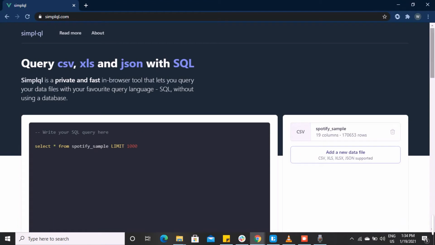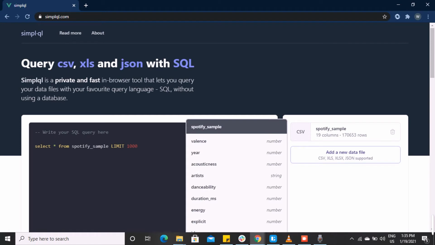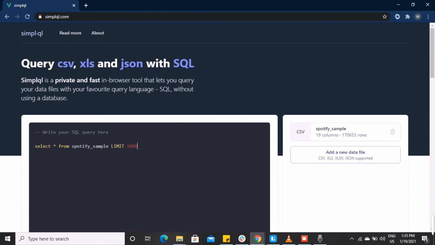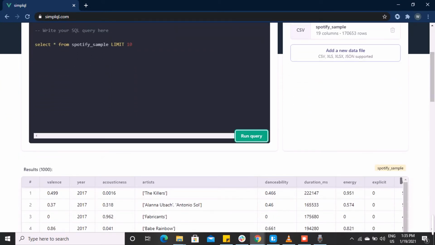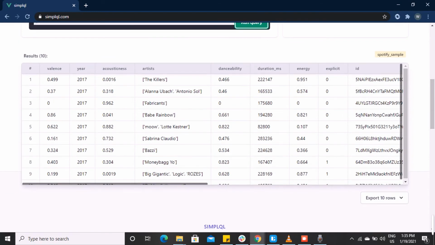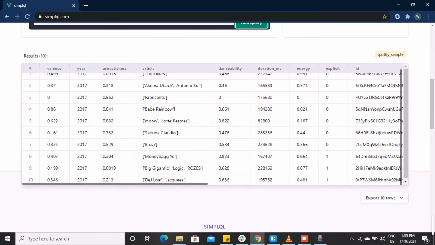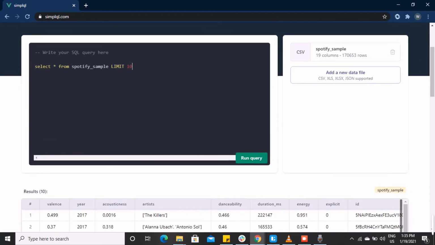and then you can add your data files here, and then you can query the data from this screen. So basically at the moment the Spotify sample is given, and we can check out whether it works or not. So I will limit the query to 10 rows. So let's get started. So basically I have, as you can see, that it's working fine, and